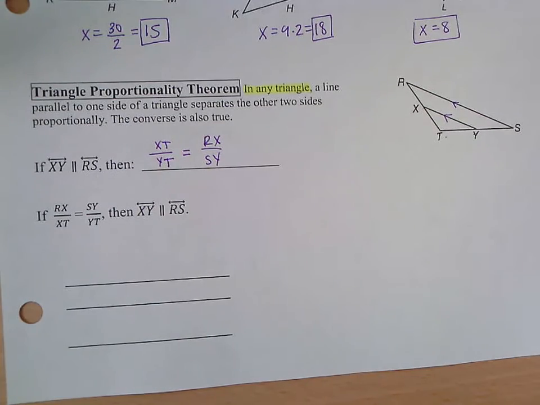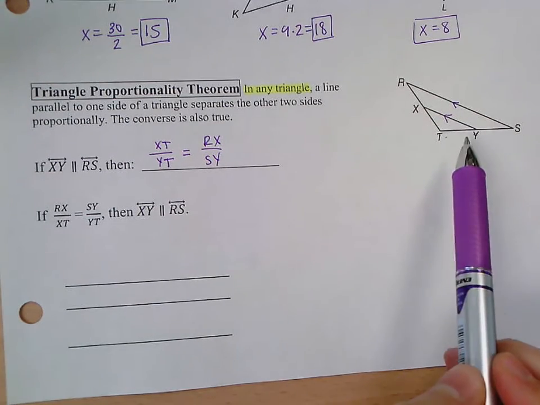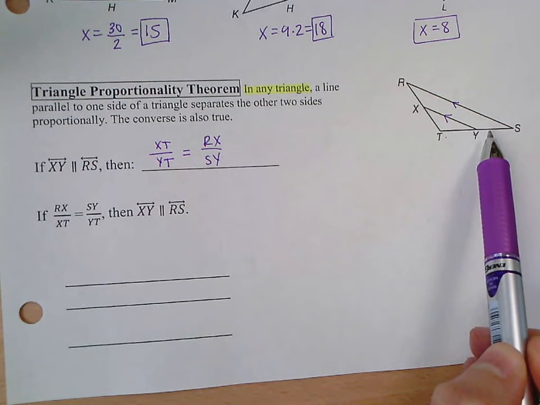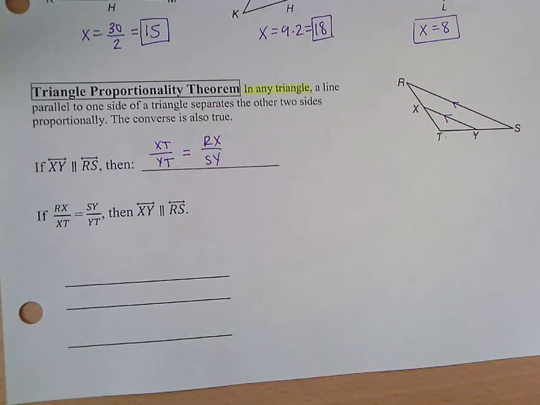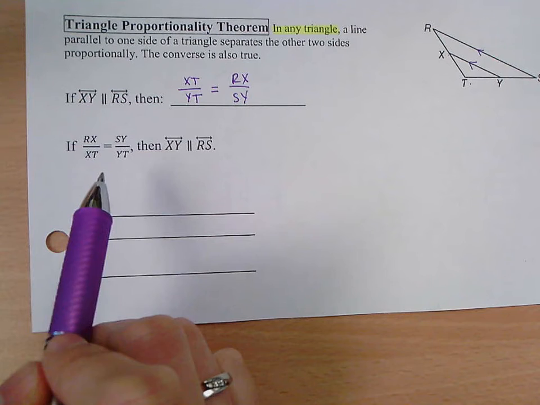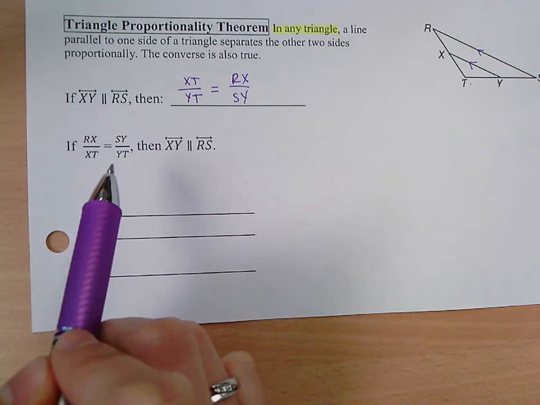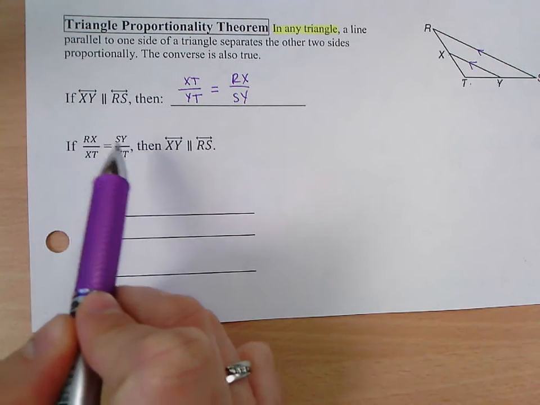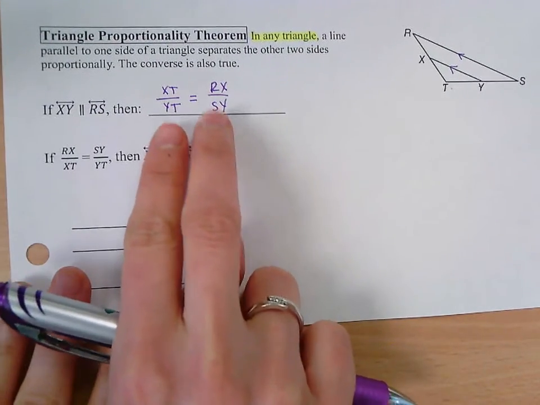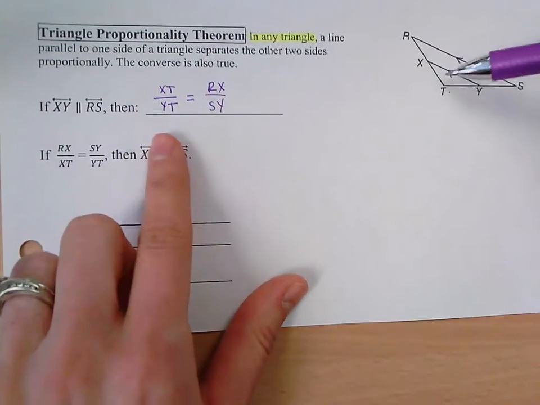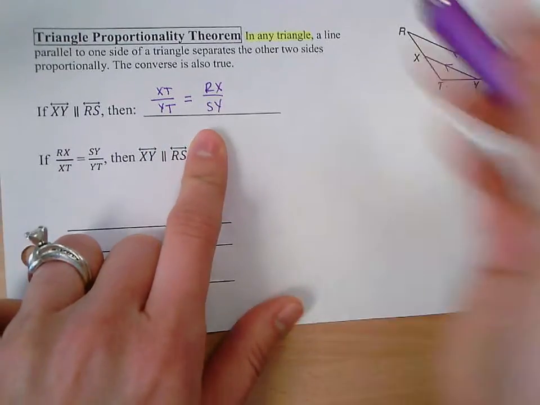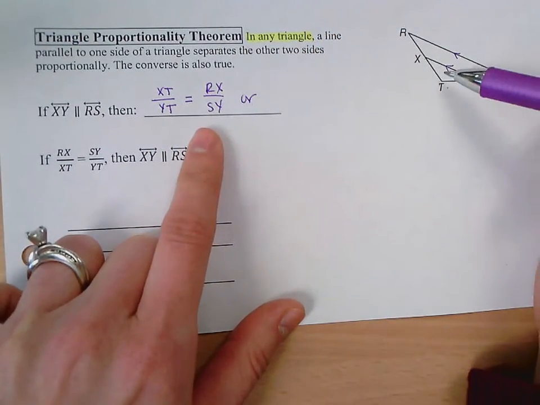So they're not congruent, they're proportional. So xt is proportional to yt, rx is proportional to sy. And then there is another way. So this actually shows a different way to write that. So you can set up, and some of you maybe have noticed this already, there's different ways to set up this proportion. I know I just did xt over yt, rx over sy, but I could also write this as,